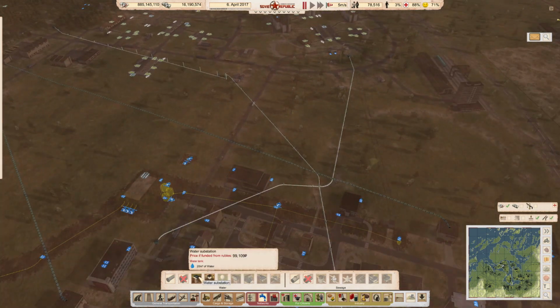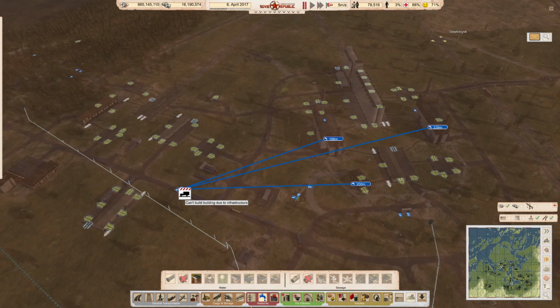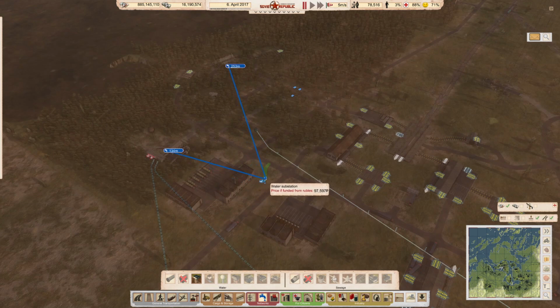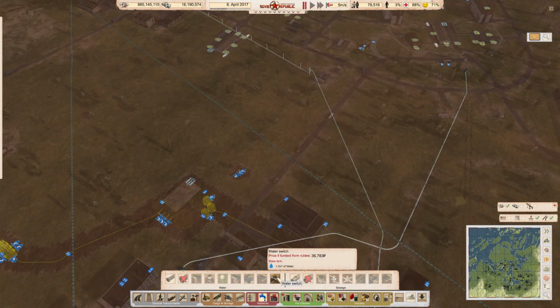And what we'll do is, we only got to cover this area, but we've also got to cover this area. I think we'll put you there. This has already got a sewage line, so we'll be okay. We put a splitter in,